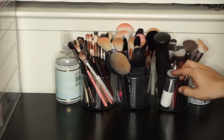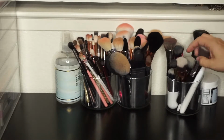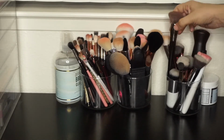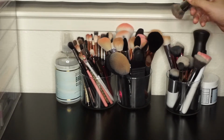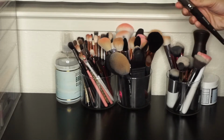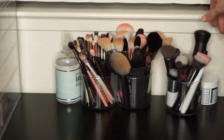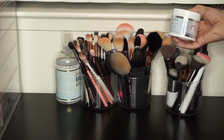Anyway, over here I keep all my cream ones, like foundation and concealer brushes. I have a ton of these Sigma F80 Kabukis, some of my favorites. And then I do really like this one from Morphe. This is the E6. I know they're dirty, I'm sorry. This is actually just a really good synthetic hair foundation brush. I really, really like it. I've got Wet n Wild, I've got my Michael Todd one, and then to the right I have my favorite